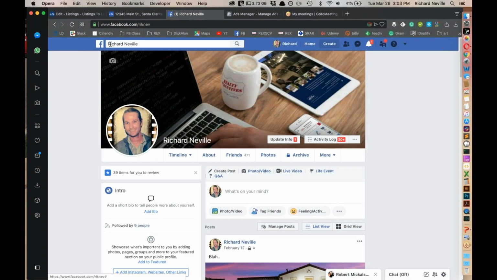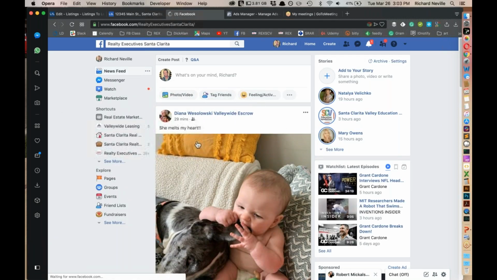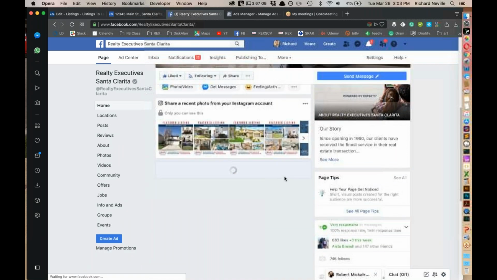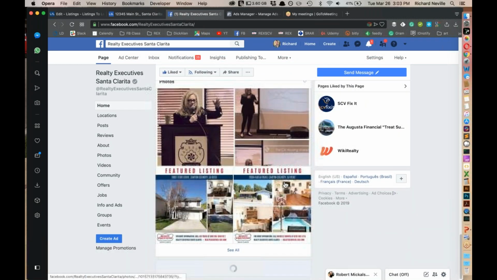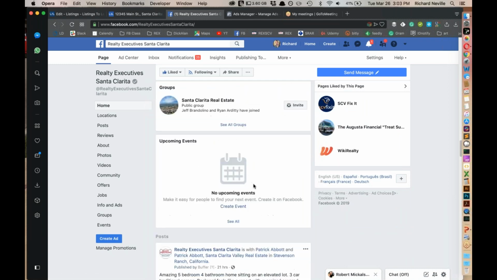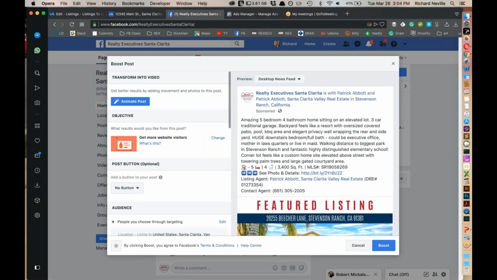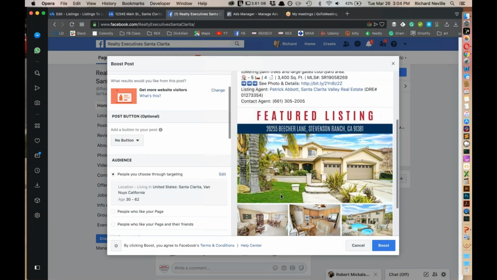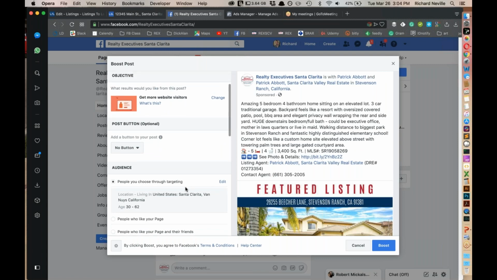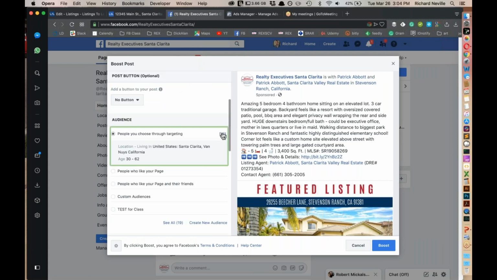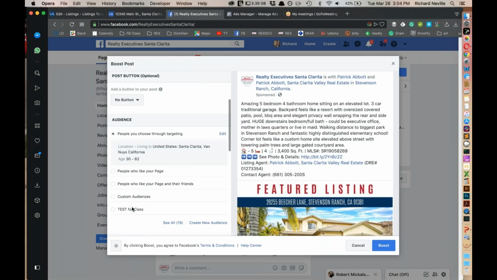One last thing, if you wanted to do a boost post, let me just go over to a boost post here, and I could show you. Sorry, it's not the same process, but let's see. Okay, so we hit boost here. It will allow you some options where it'll just boost this up to get it to more people. But here's what I want to show you: now that you have this audience in here, you could refine that in more detail,